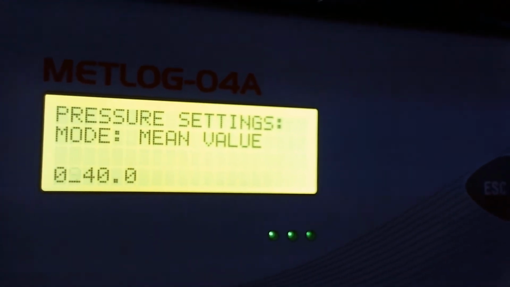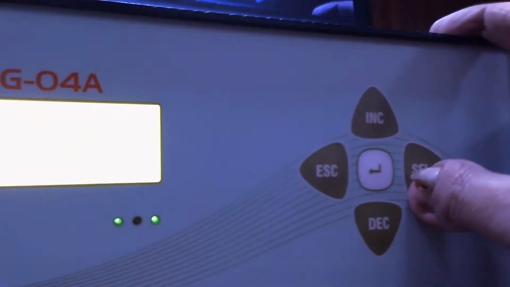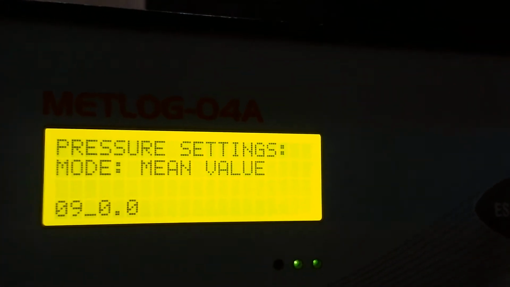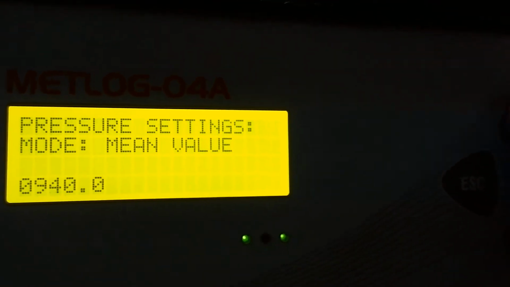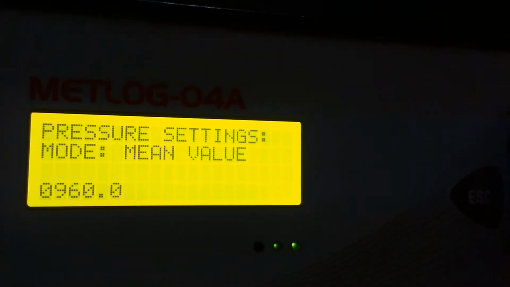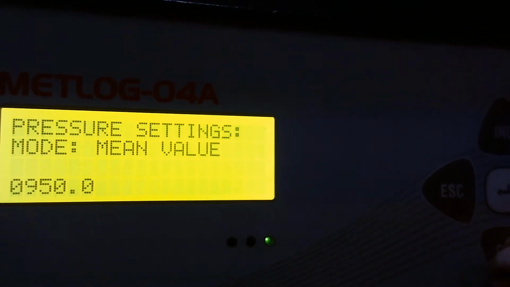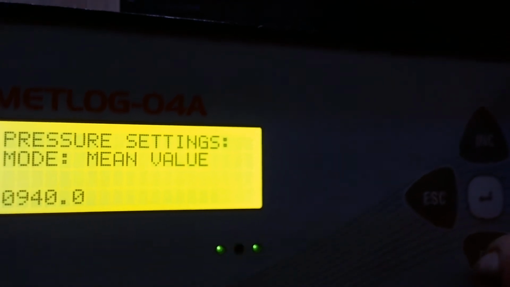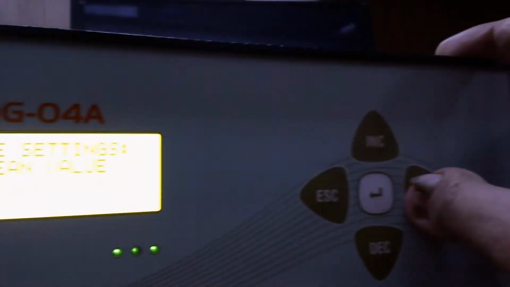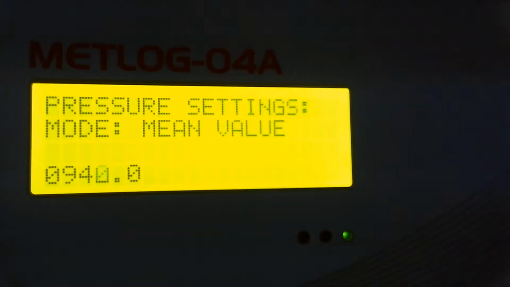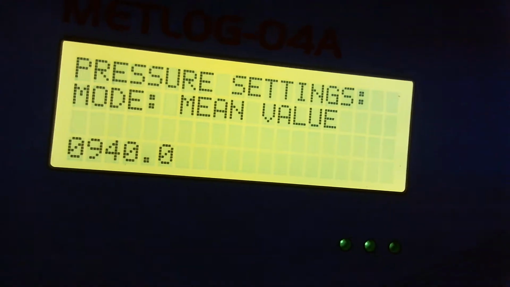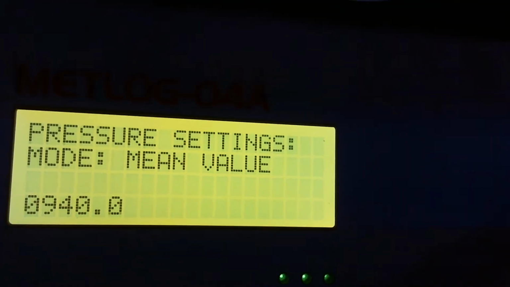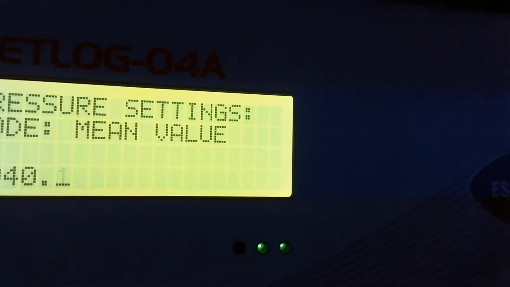Now if I want to change the third digit, press the select button again. Now the third digit will blink. When it blinks, only then can you change it. So to increase this 4, make it 5, 6 like that, or to decrease, make use of the decrement button. Then press the select button to go to the fourth digit. The fourth digit will start blinking. Again, the decimal point also, if you want to change, you can change with the help of the increment and decrement buttons.